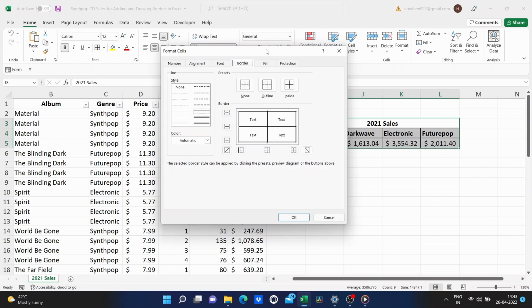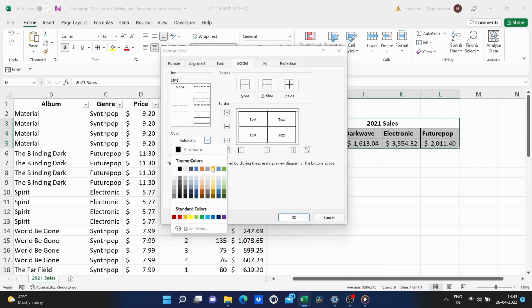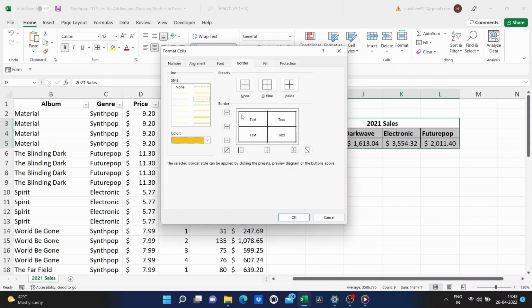So, I could choose a different line style, maybe a dashed line or a dotted line. I could even play with the colors a little bit if I would like. Here in the presets area, I could indicate that I only want these changes that I'm going to make to be applied to the outline of the range, not every border, but just the outline.